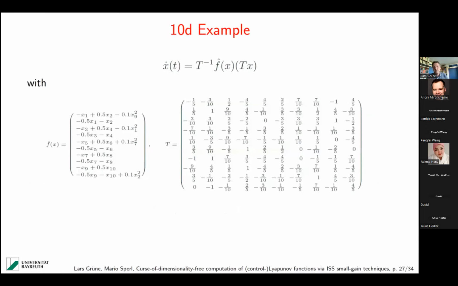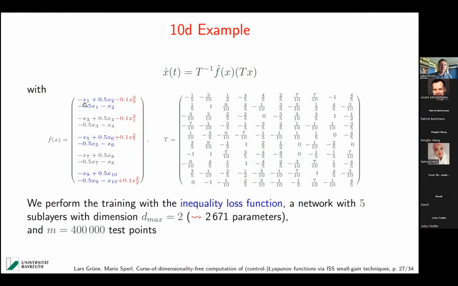Okay, how high can we try? Well, frankly, we don't know. We don't have a supercomputing group here who pushes these things as far as we can. But at least we tried a 10-dimensional example. Here, this is an example where you can actually see that the small gain condition is satisfied for 5 two-dimensional subsystems. So we're looking for a structure with d max equal 2. So these gray blocks always have 2 inputs in the neural network.